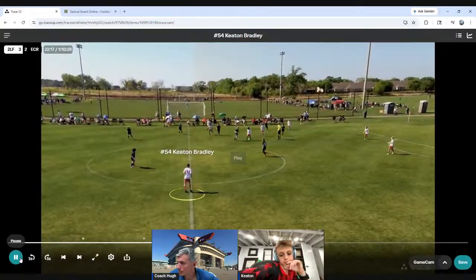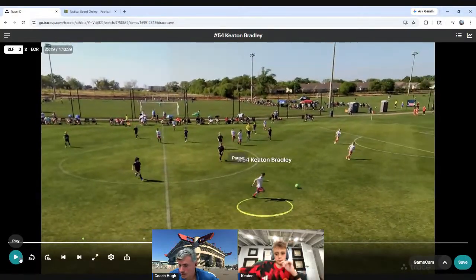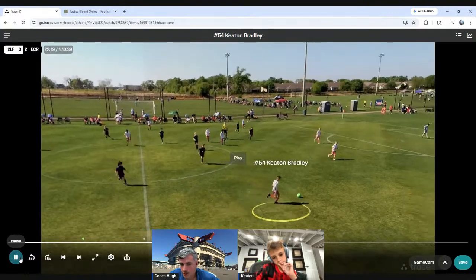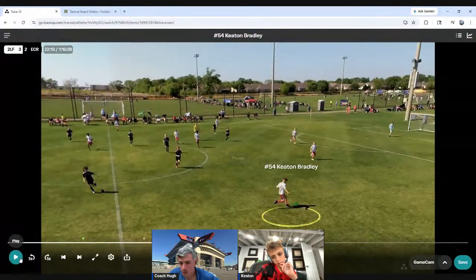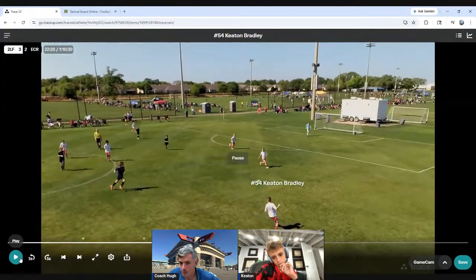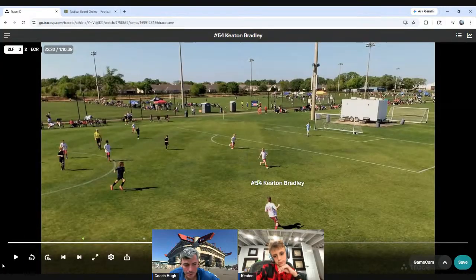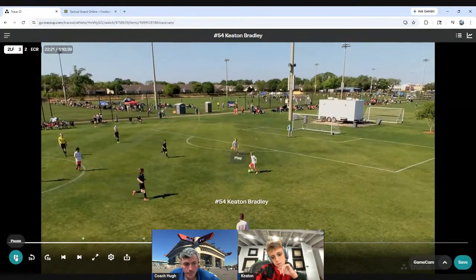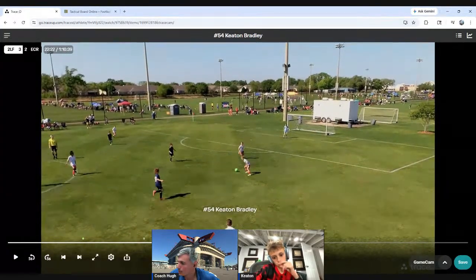Your momentum is running backwards. So for you to try and go into the attacking direction is going to require a lot of power, a lot of energy, and a second touch. So right here, use your momentum. You're going backwards. Play the ball backwards. Reposition your hips. Get wide for him. And hopefully he should have just played you right back.